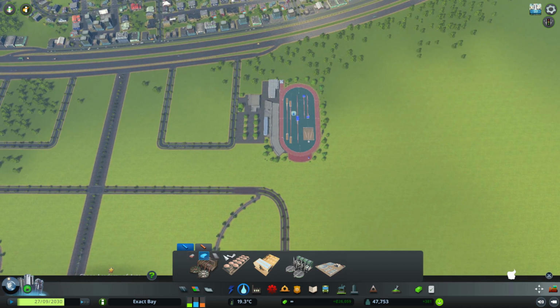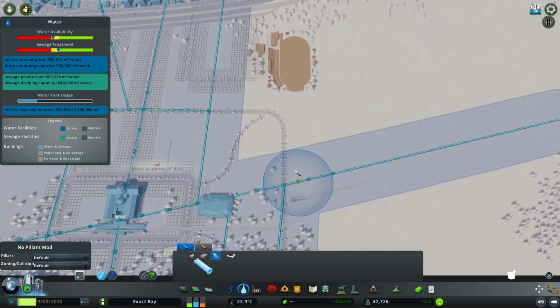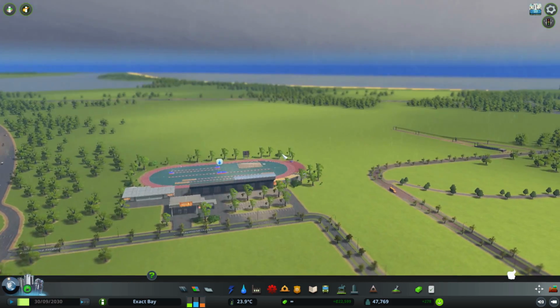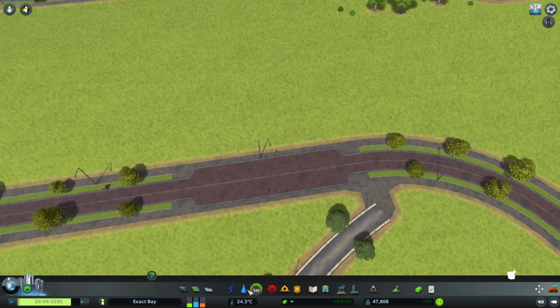Let's just get the water set up over here. Why am I struggling with the water pieces? Don't know why that is happening. Anyway, let's run that straight through there, and we'll tie that together a little bit over there to see if that works. Nice. Now what I want to do is this area over here, I want to put a little bit of